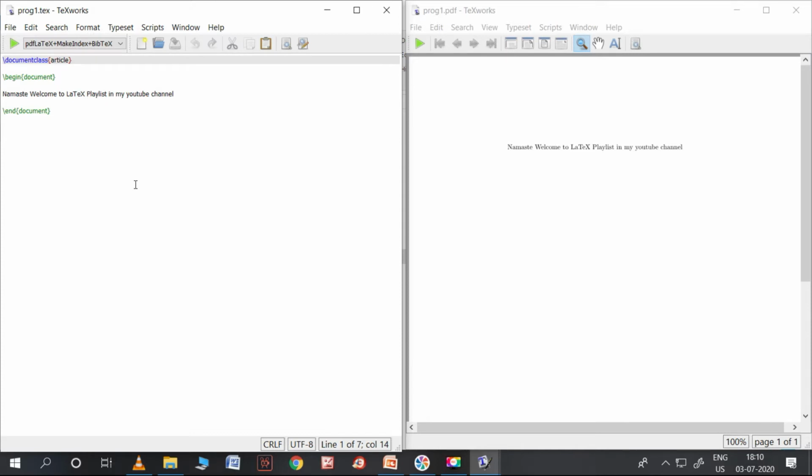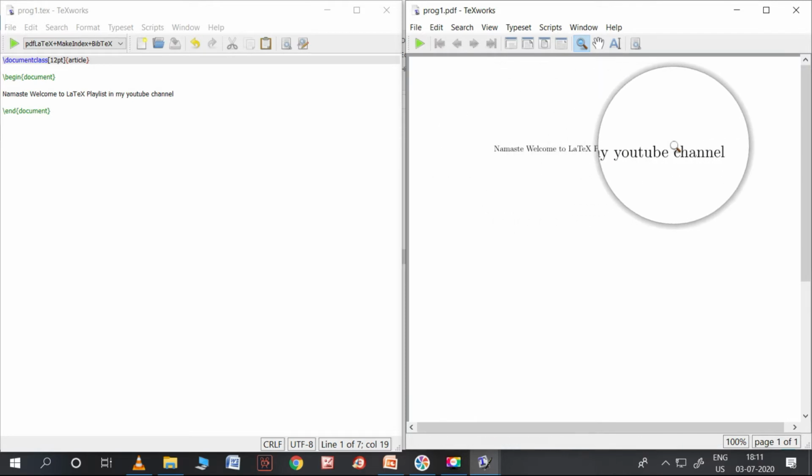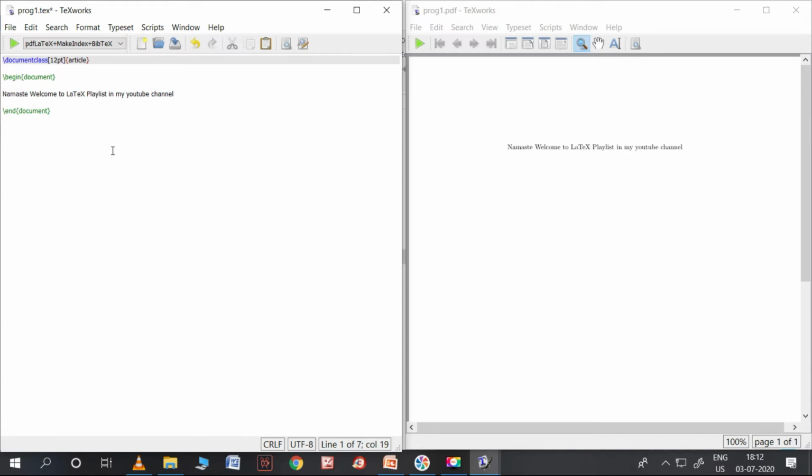Let me do this with the optional part of the document class. That means in the syntax, the document class with the curly braces, article, is the compulsory, mandatory syntax, and now I am using the optional syntax with these square brackets, and now I need to make it 12 pt, 12 points. So this is the font I am using. Yeah, this is the 12 pt. So it has appeared here. You just see here, this is the 12 pt.